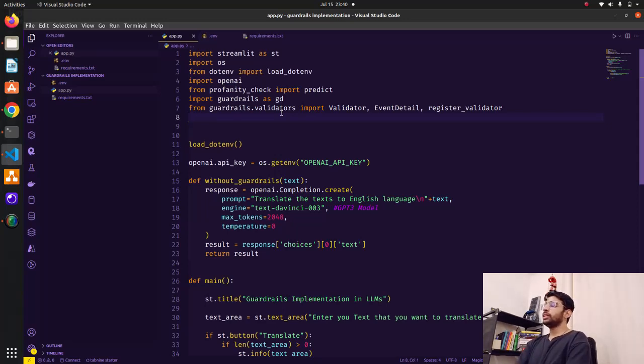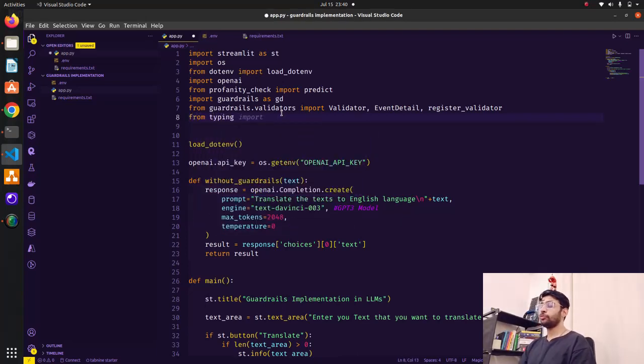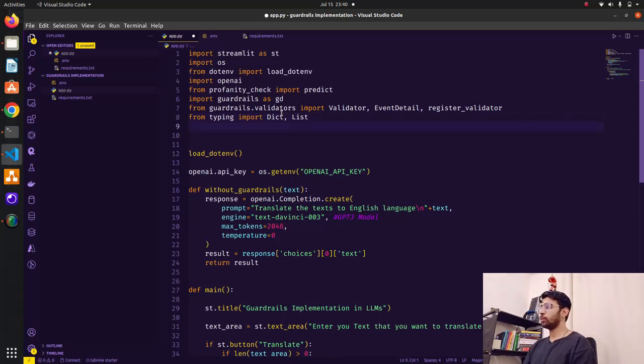So we have imported this required thing from Guardrails, and for specifying the rail structure, we need typing: Dict and List. Okay, so from typing import Dict, and then we need List, and let's have from rich import print.